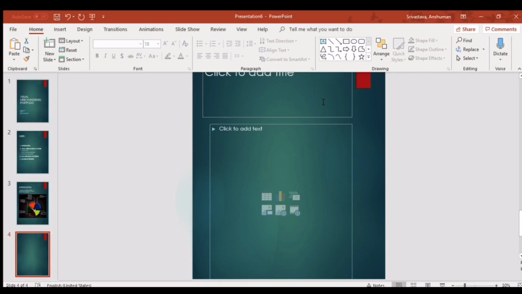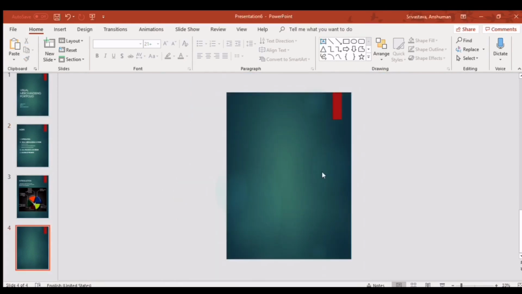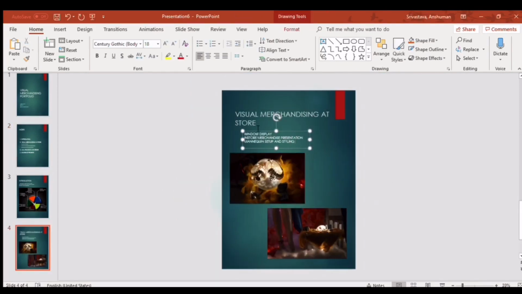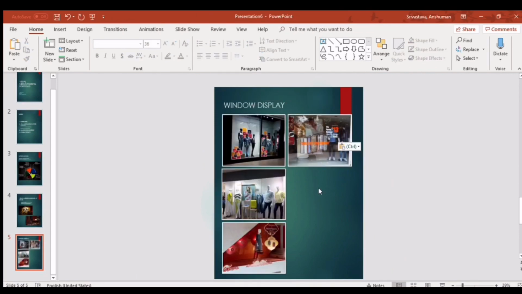Then moving on, we'll have visual merchandising at store. So I'll just add some details. So these are the sub pointers. The first thing will be window display. So we can see I have put some pictures of window displays, and you can always play around the design